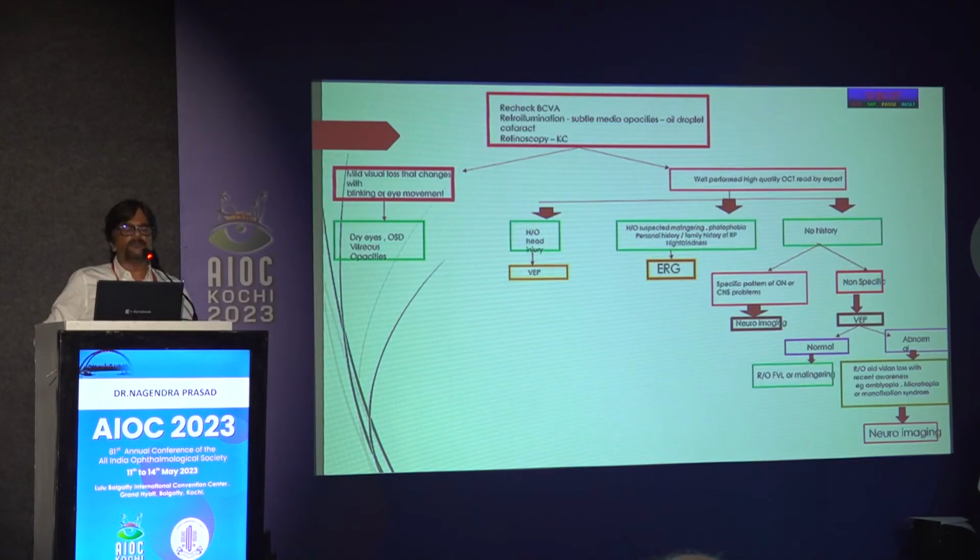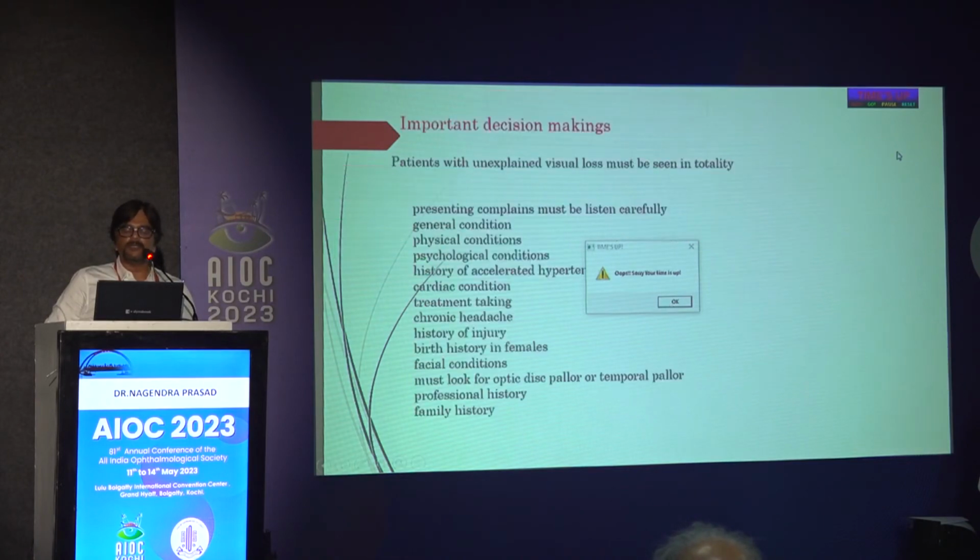So this is an algorithm. If a patient comes to you, recheck BCVA, do retroillumination to look for cataract or any media opacity, and do retinoscopy to rule out keratoconus. If a mild visual symptom is there and changes with blinking of the eye, OSD workup can be done. Then get a well-performed OCT read by an expert. If there is a history of head injury, then go for VEP. If there is a history of suspected malingering,